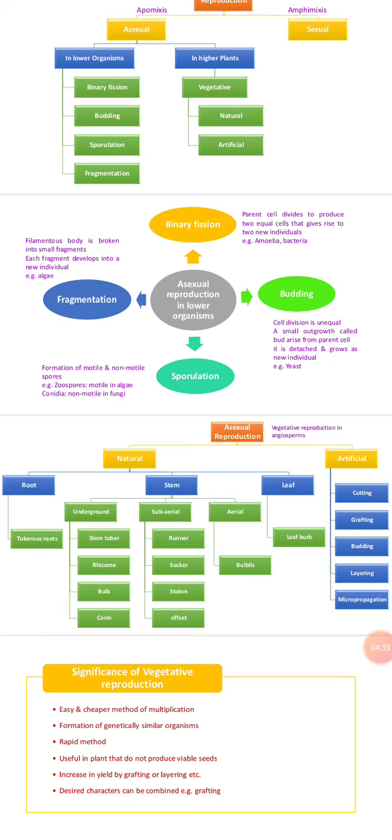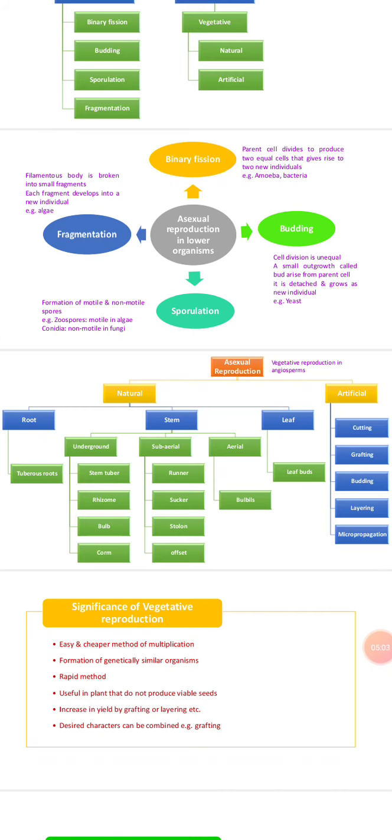By the karyokinesis process, two different nuclei get formed. One passes toward the daughter cell, meaning toward the bud, and that bud uses certain food material from the parent cell, and then gradual changes take place. Slowly it gets the potential to live its life as an individual. Then that bud gets detached from the parent cell and lives its life as an individual. It takes place in yeast fungus. Next is sporulation. Sporulation takes place in some algae or some fungi as well, by the spore formation process.